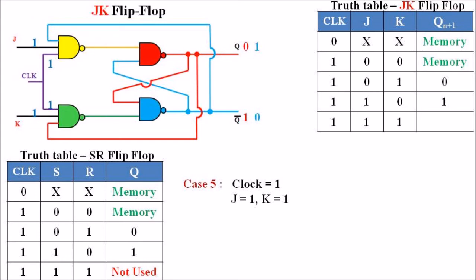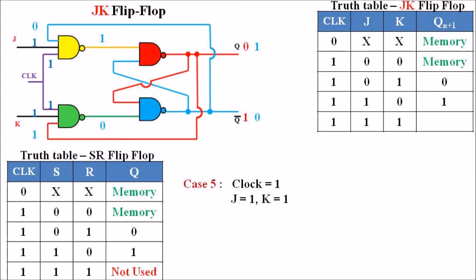And now the new Q value is 1 and the Q complement value is 0. If we are feeding this data towards the inputs, that is, providing this 1 towards the green NAND gate and 0 towards the yellow NAND gate, the first NAND gate's inputs now become 0, 1, 1, and the second NAND gate's inputs are 1, 1, 1. Thus, the output of the first NAND gate will be 1 and the second NAND gate's output will be 0.